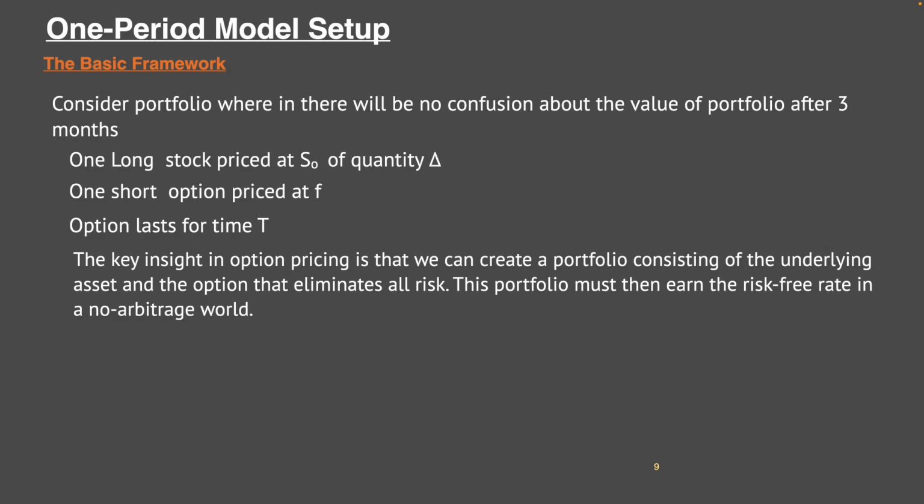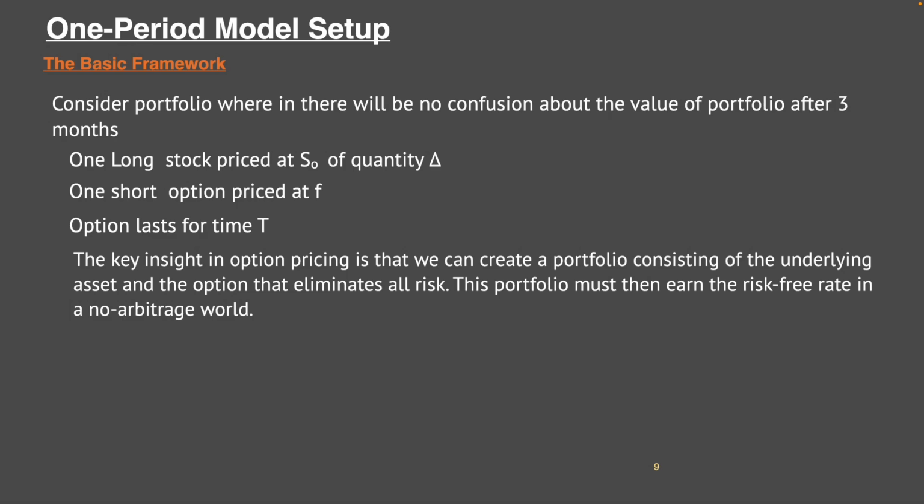So we have gone long on the stock price with a quantity delta, and we have gone short on one option which is priced at F. So when we combine these two as a portfolio, then this portfolio should earn the risk-free interest rate in a no arbitrage world. Since we have considered that there is no arbitrage, and since we have considered the interest